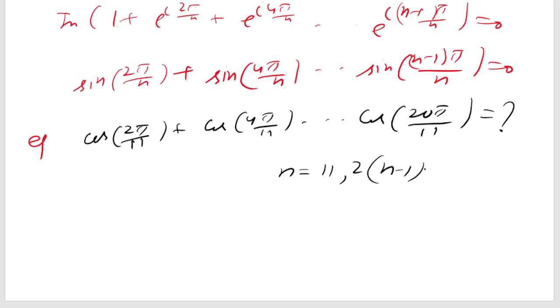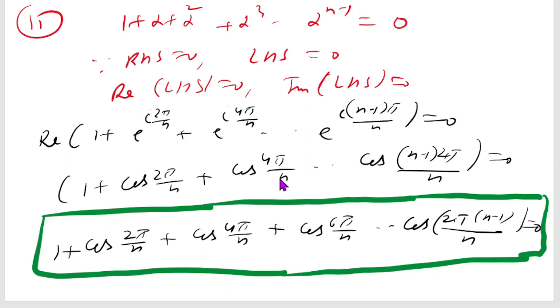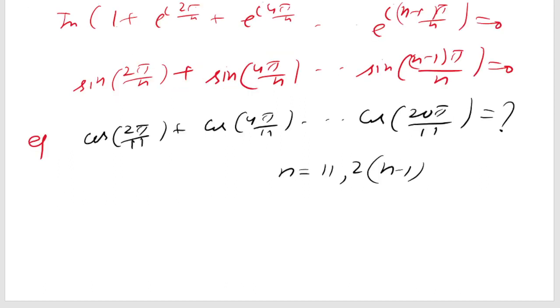Basically pi by n everywhere. The only new thing is, one more thing: here I missed multiplying the 2. This 2 is also multiplied here. So 2(n minus 1) is